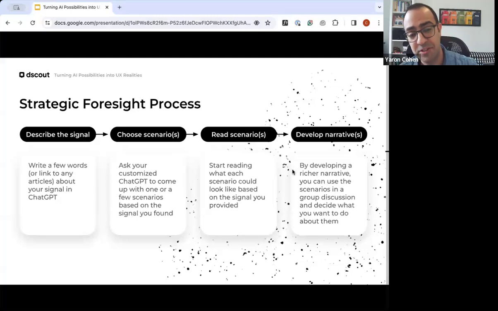So the first step is really to write the signal in a few words. Sometimes you can even add a link to the article. Then you choose the type of scenario that you want ChatGPT to generate for you, or several scenarios, and we're going to see what the possible scenarios are in a second. Then you're getting an output, you read the scenario, you think if that actually makes sense to you, and then to make the scenario a bit more rich, you can ask ChatGPT to develop a narrative around it,